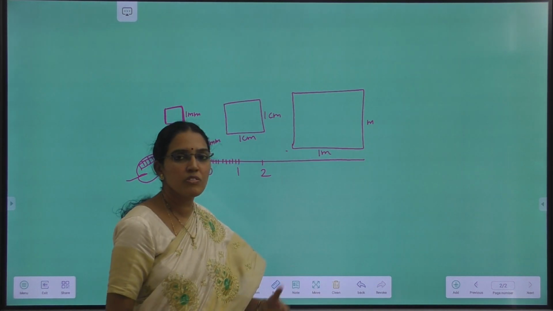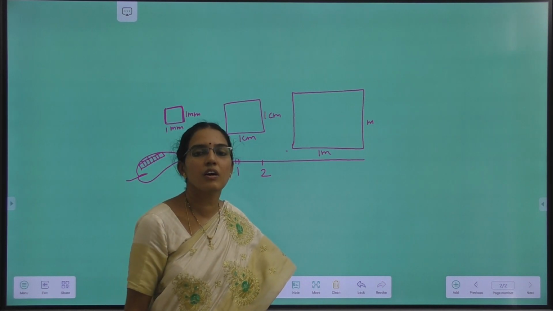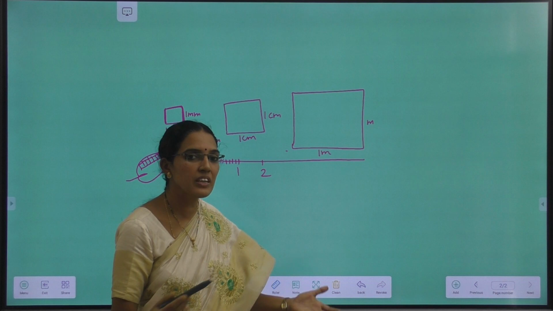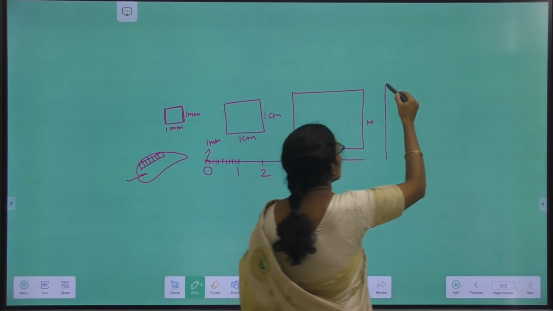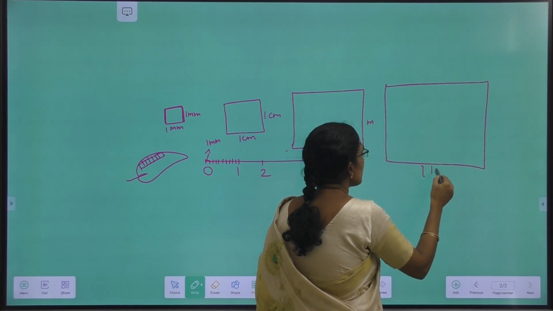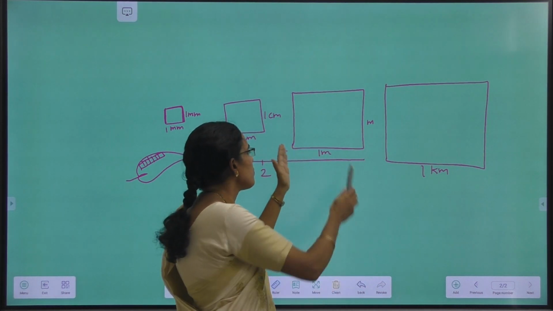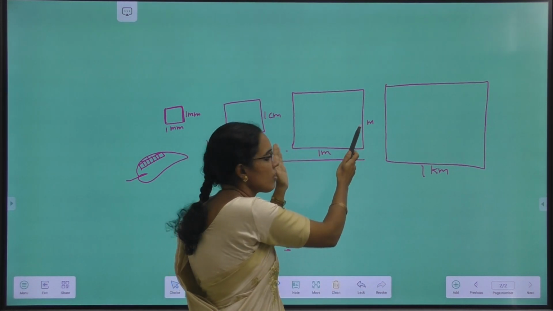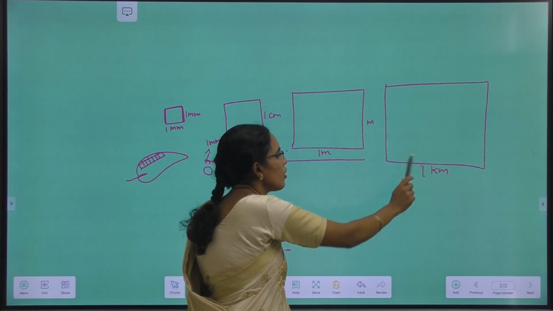If the region is very big, for example, if you want the area of our state or our country, that is a bigger area, then bigger space they are occupying, then we use kilometer squares. Then we use 1 kilometer square. A kilometer is 1000 times bigger, 1000 meters. It is like this much length. If we take 1000 times more, 1000 meters is here 1 kilometer.